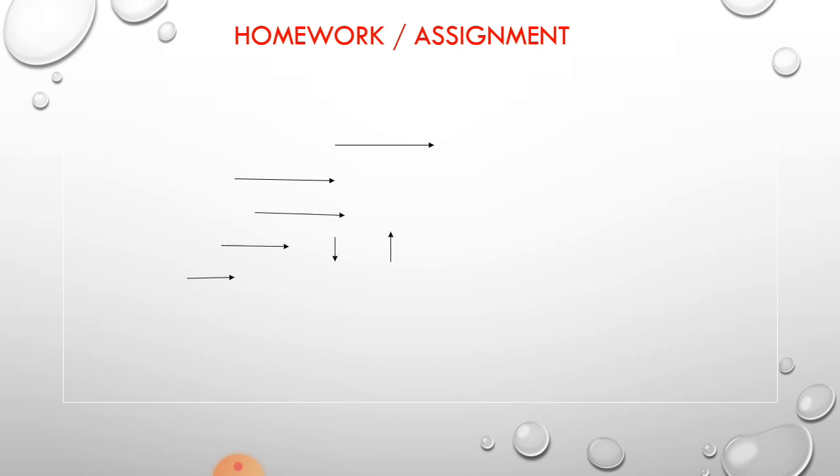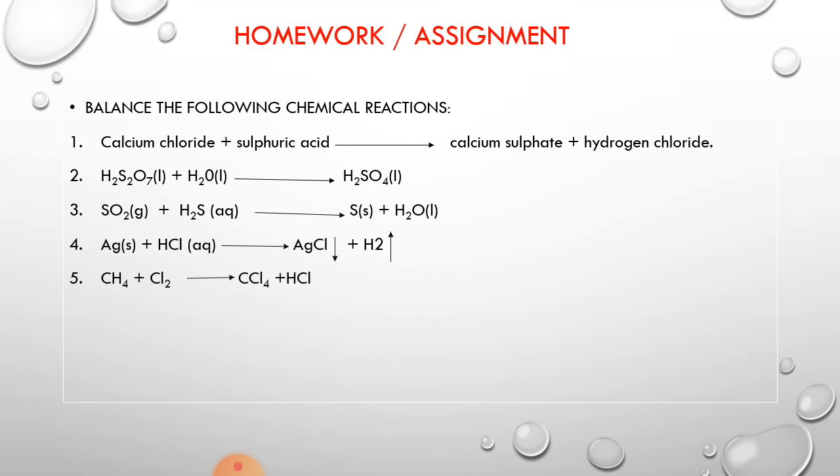Okay, so from this I have given this kind of homework. These are very simple. You have to see the reactant side and product side, how many elements are there, and think about what you have to do, and complete this assignment. This assignment is homework. Just think about it a little. This is very easy. Okay, so today we have learned how to balance a chemical equation. Thank you.